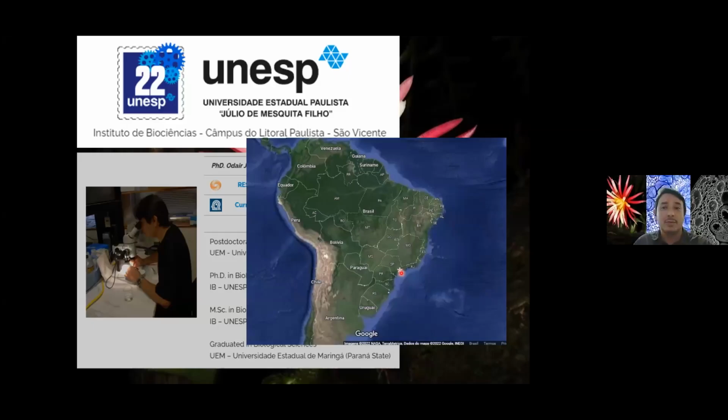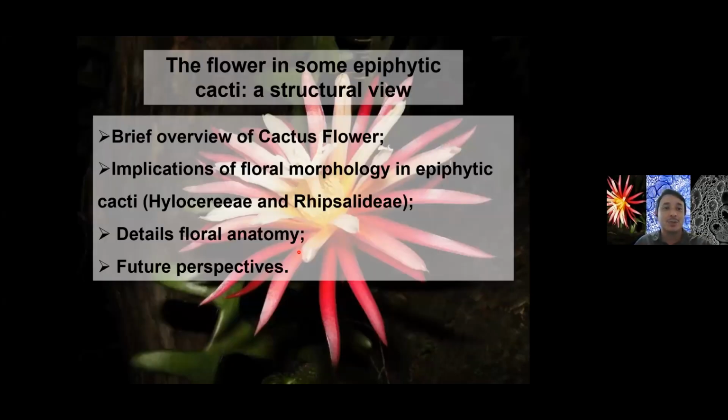Working with plant morphology and plant anatomy from some species of cacti, especially species of the tribe Hylocereeae. And today I'm going to present to you the flower of some epiphytic cacti, a structural view, and I expect to show you a brief overview of the cactus flower, some implications of the floral morphology in the epiphytic cacti,